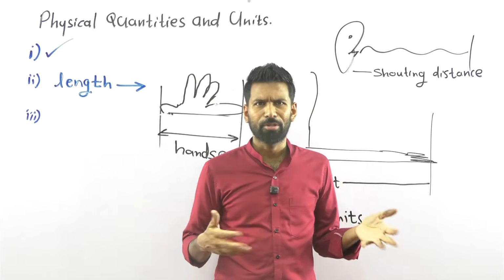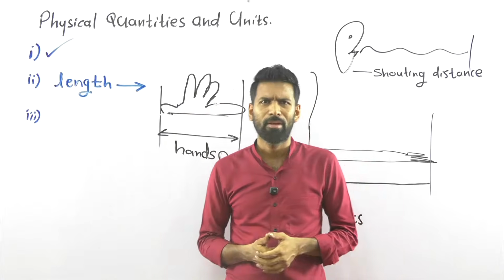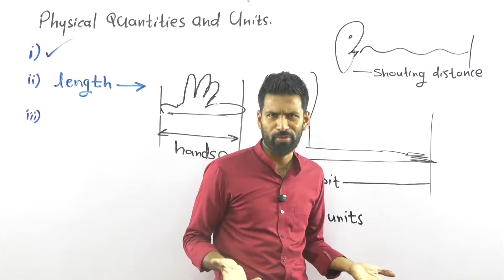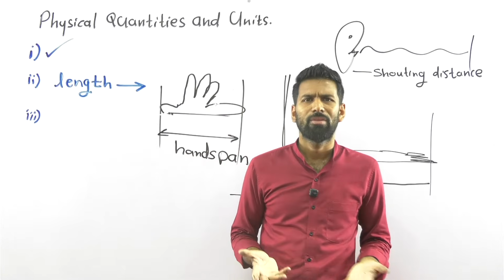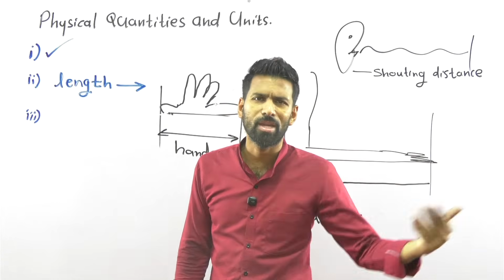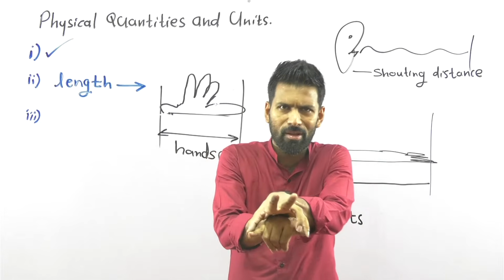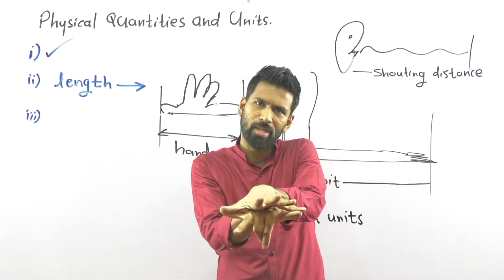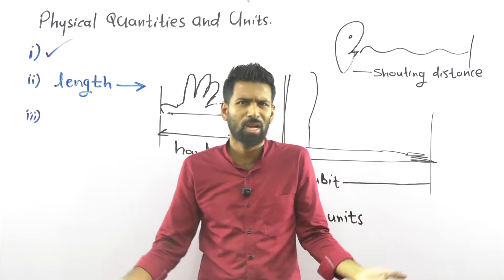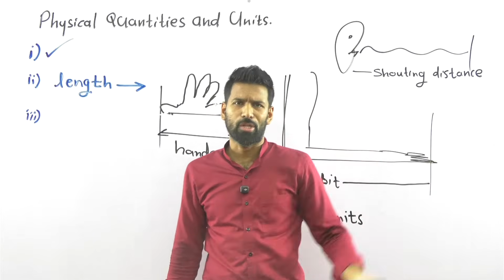Now I have introduced you to some older units, especially older units to measure length, and then I have shown you their inaccuracy. What are the inaccuracies? They change from person to person. Hand span changes from person to person. They change from time era to time era. The same person, when he was a child, has a smaller hand span; when he becomes an elder, the hand span is larger. So it changes from time era to time era. These are not accurate units. And it changed from location to location.